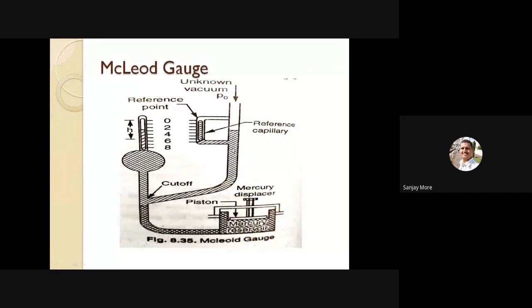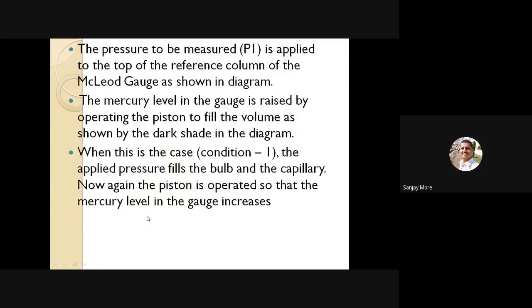Here, two capillaries are there, P0, V1, initial pressure and initial volume. When you apply force on this piston, it moves downward and the mercury gets compressed here to lock this unknown pressure. This is P2 and V2. This V2 means this bulb volume and the applied pressure on this with the help of the piston. See that